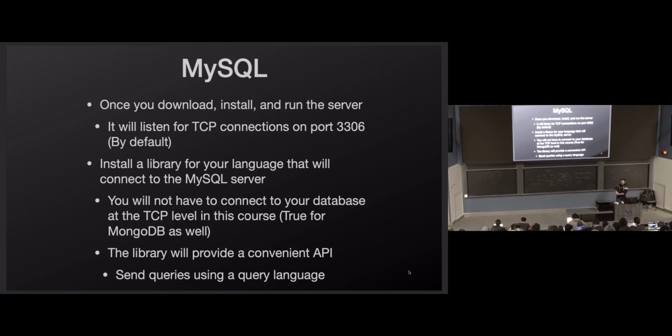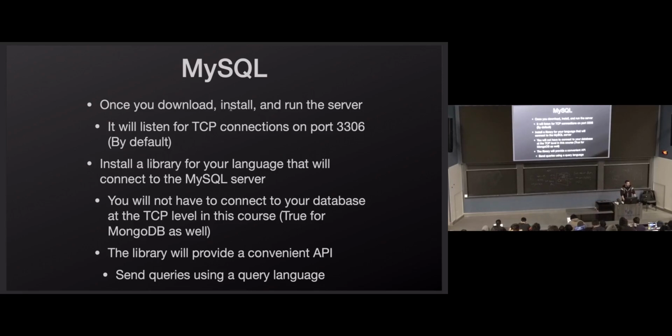So MySQL, let's start with this one. MySQL and MongoDB are actually software that runs on your machine. It's going to run on your machine and listen for TCP connections, just like our web servers, except they're not going to speak HTTP. They're going to use their own protocols.